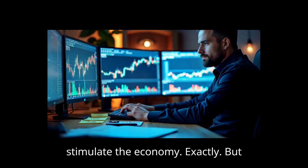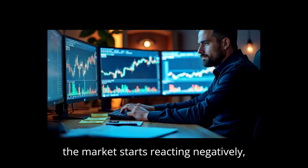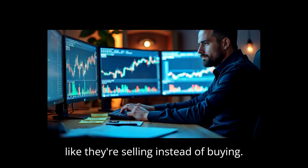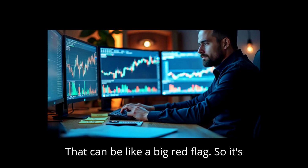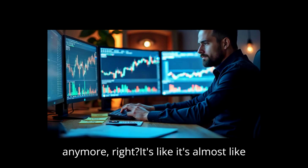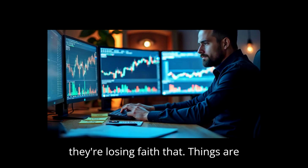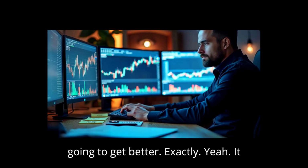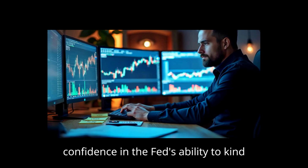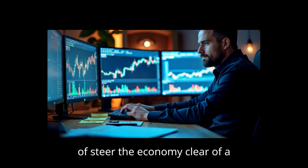But the market starts reacting negatively to bad economic news. They're selling instead of buying. That can be a big red flag. So the market's not buying into the idea that rate cuts are a good thing anymore. It's almost like they're losing faith that things are going to get better. It suggests that investors are losing confidence in the Fed's ability to steer the economy clear